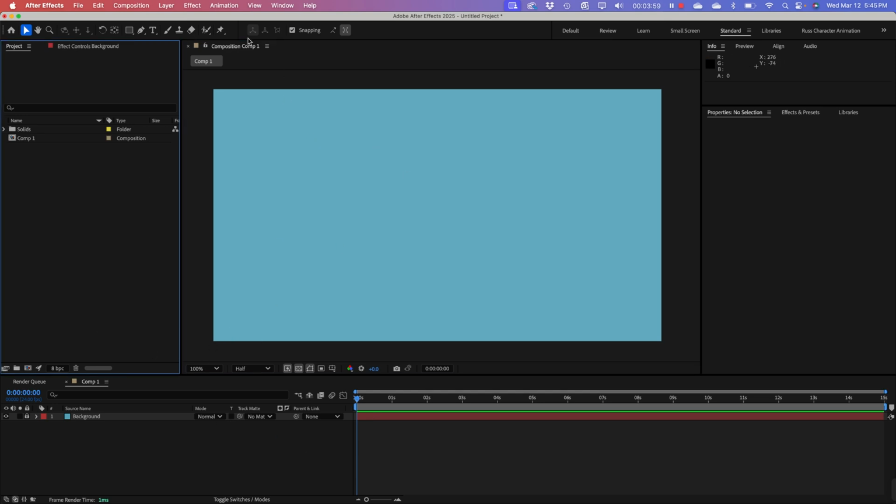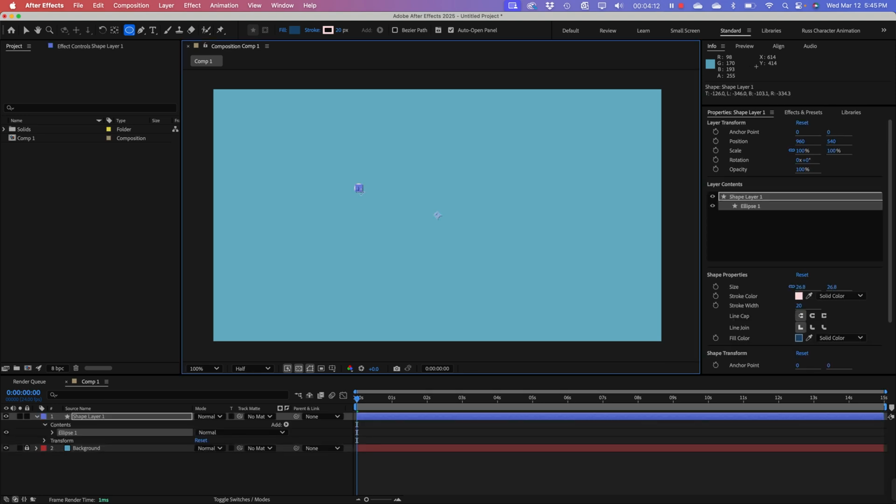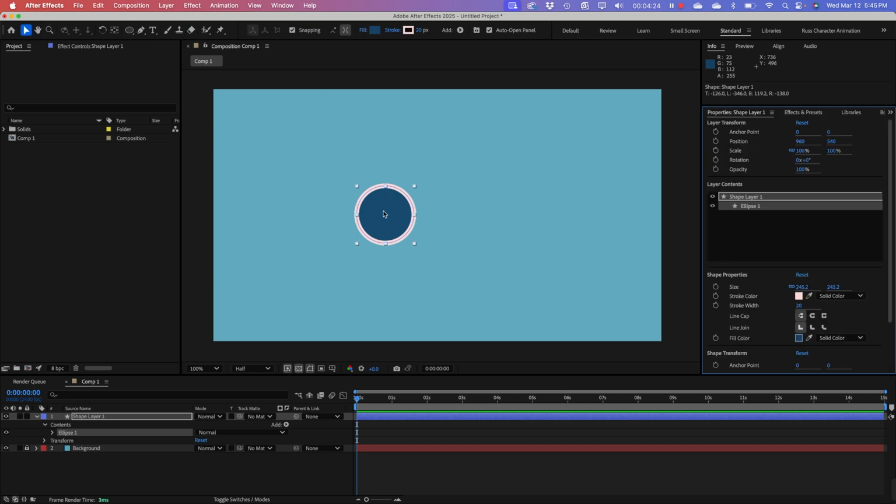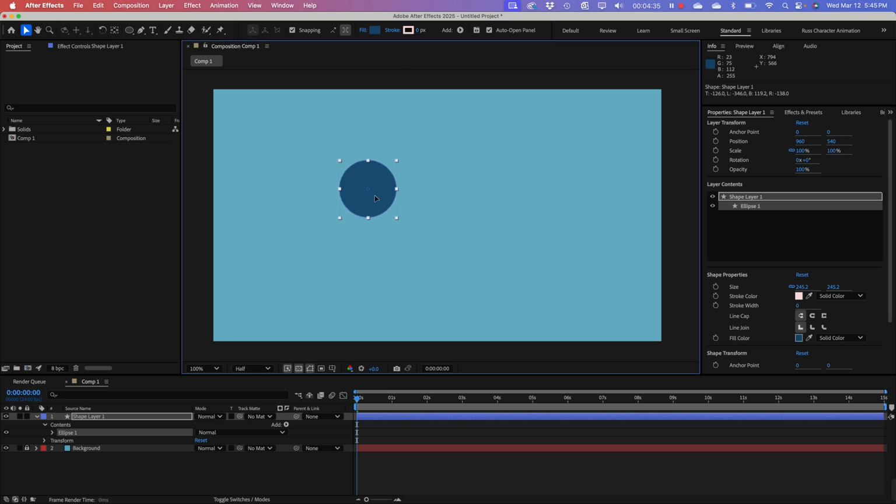So the next thing I'm going to do is go up here to my tools bar and grab an ellipse, and place that on my screen somewhere. It can be any color you want. Mine has a stroke on it, but I'm going to take that off. Just do a dark colored shape. All right? So we've got our solid background,